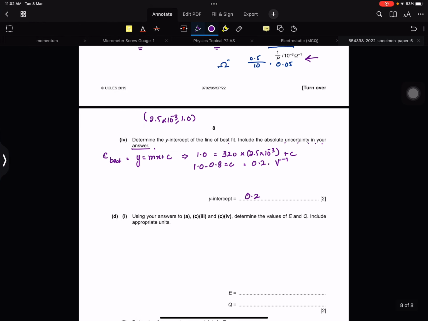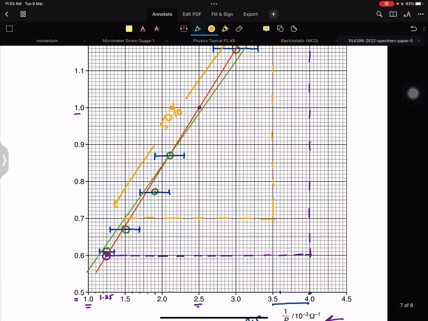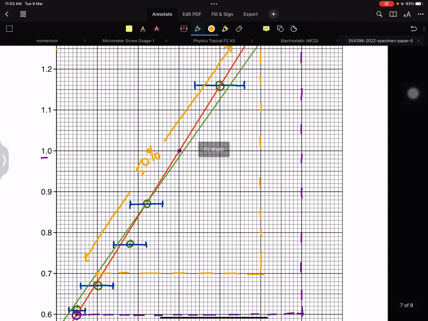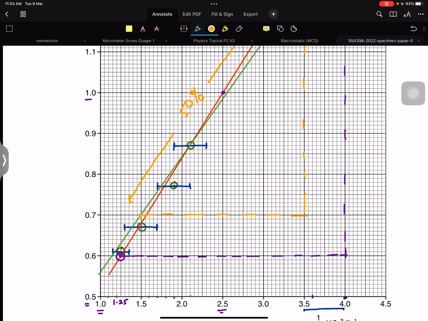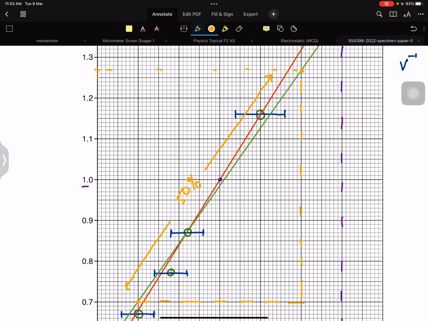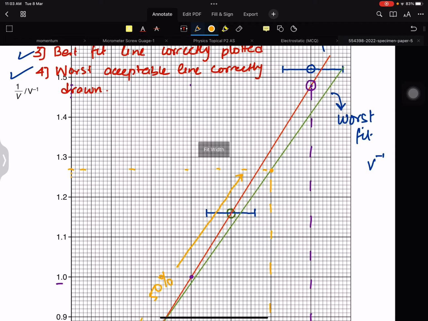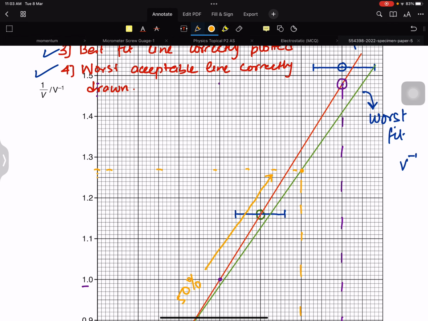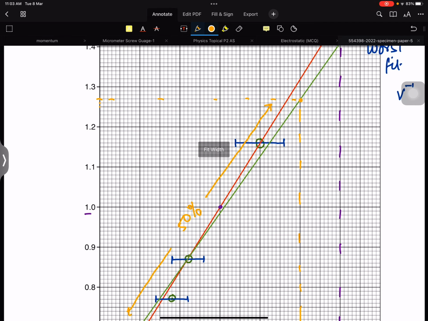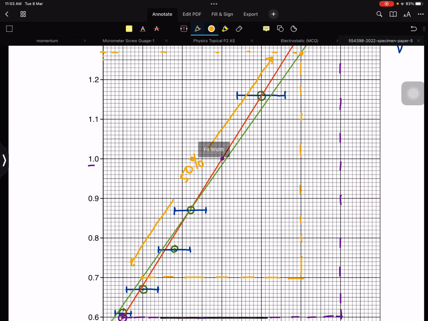Then what I'm going to do is find the uncertainty, the same thing. I'm going to find the y-intercept of the worst fit line. So y equals mx, changing color. So I know that, let's take a point on the green line, anywhere that is the easiest. Let me find a good one there. I think I took all the easiest points. Okay, let's take,